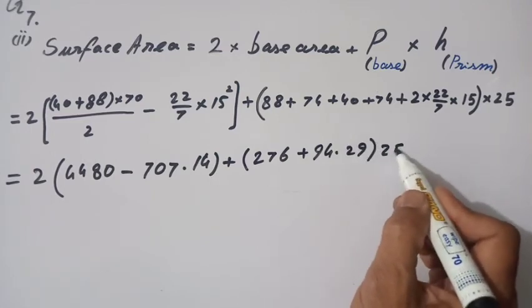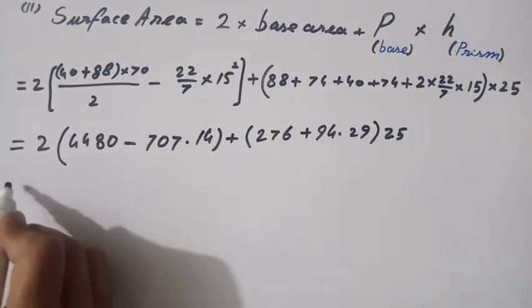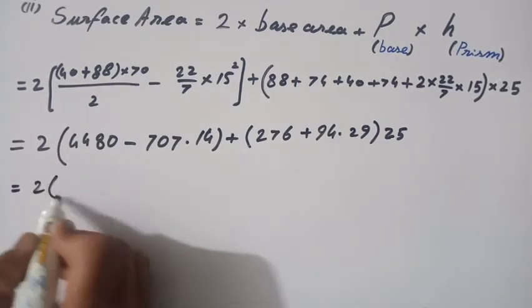Their sum multiplied by 25 equal to 2 times